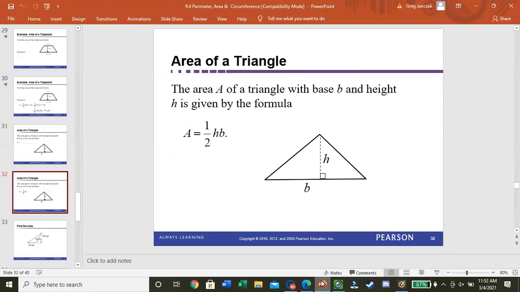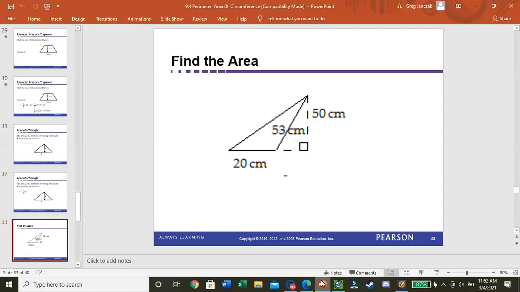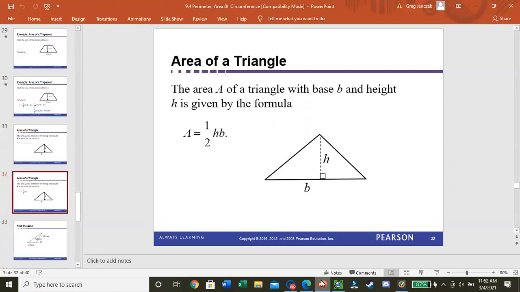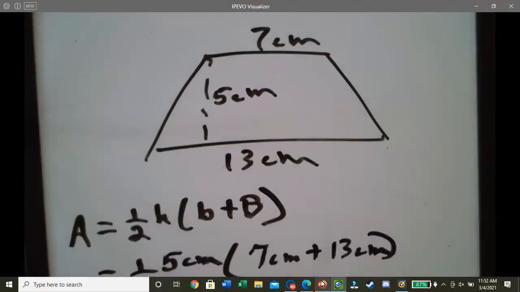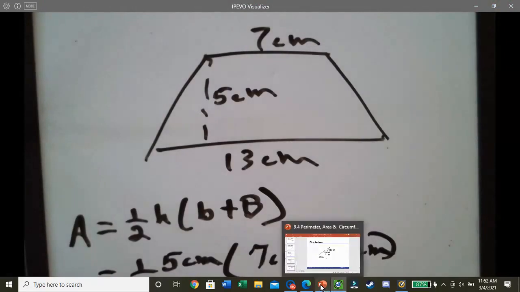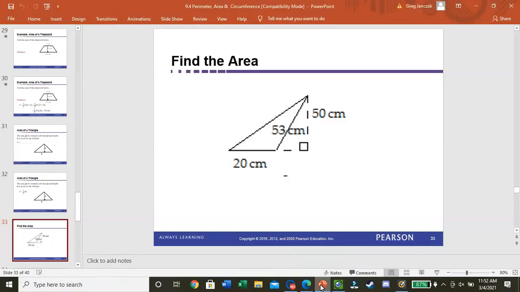Okay? So let's break this down. Triangle. Area is 1/2 base times the height. Okay, so we added that to our formula sheet. Well, what if